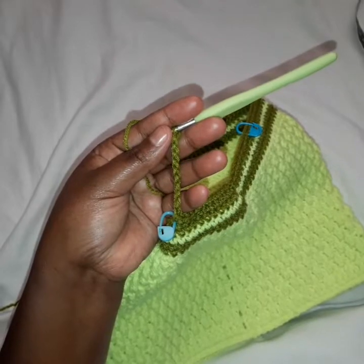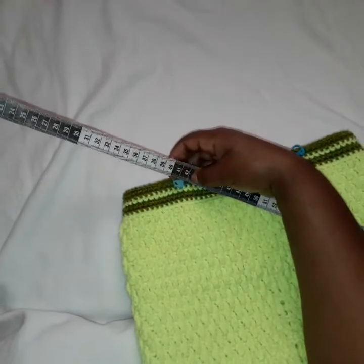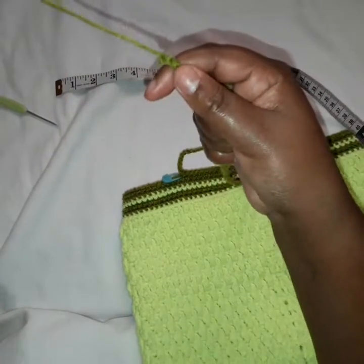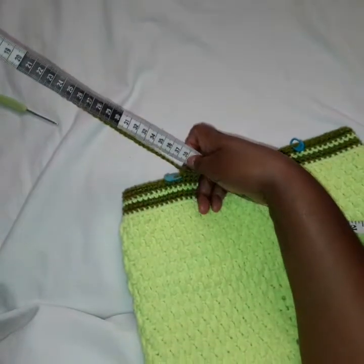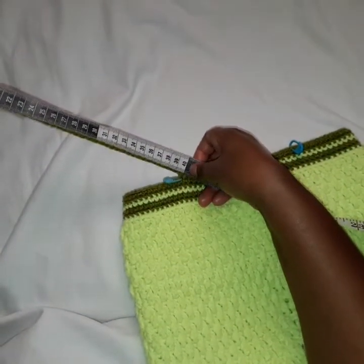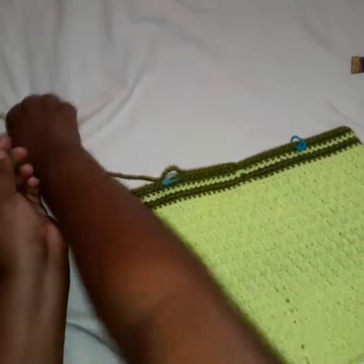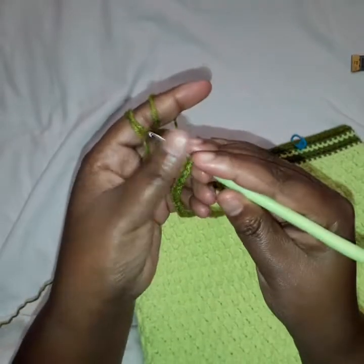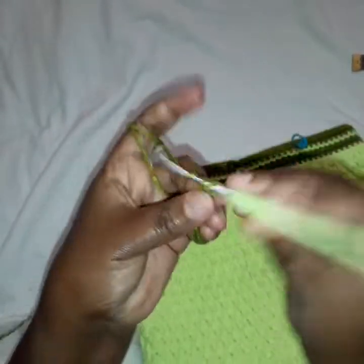So here is my chain, which I wanted to make 40 centimeters, so we make it 40, right? Which is equivalent to 15.5 inches. So now we are going to be working coming back. So we work single crochets coming back to the top,